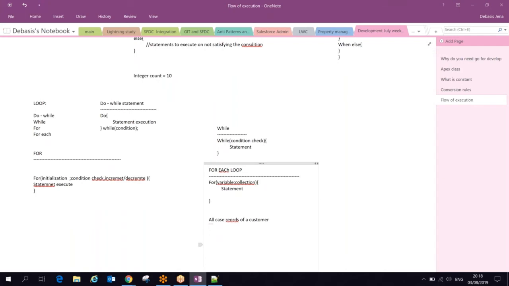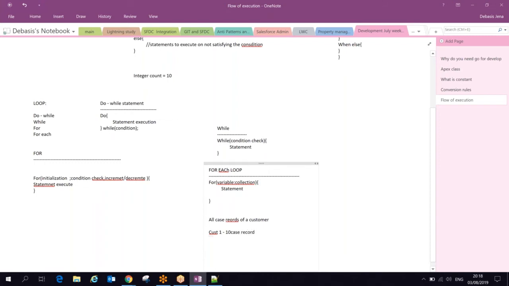But I'm giving this example so you can map how this for loop happens. Let's consider this customer has 10 cases. Customer one has, let's say, 10 case records in the month of January.